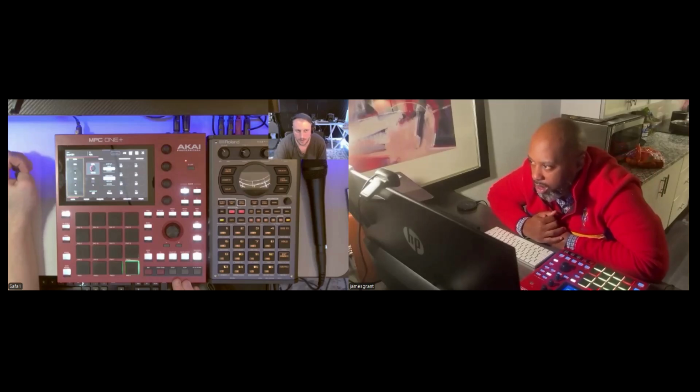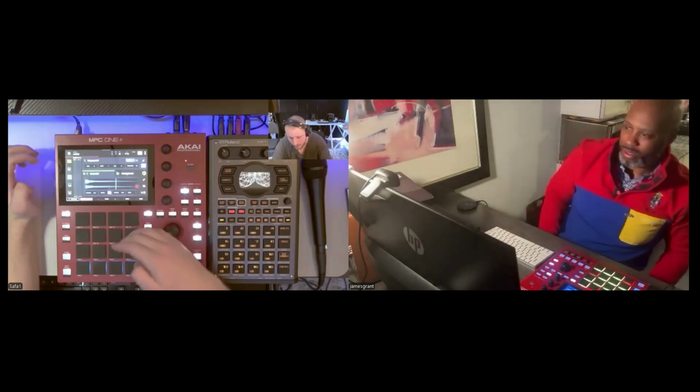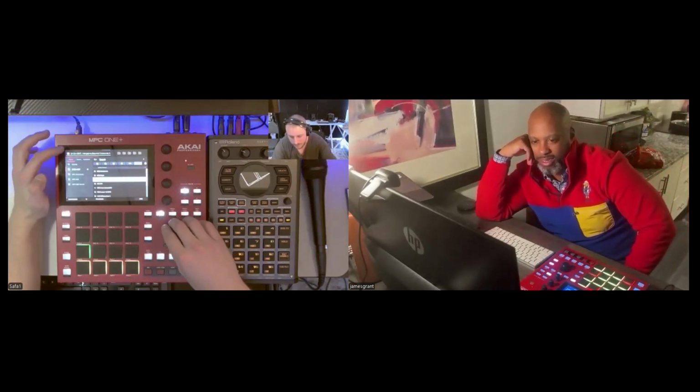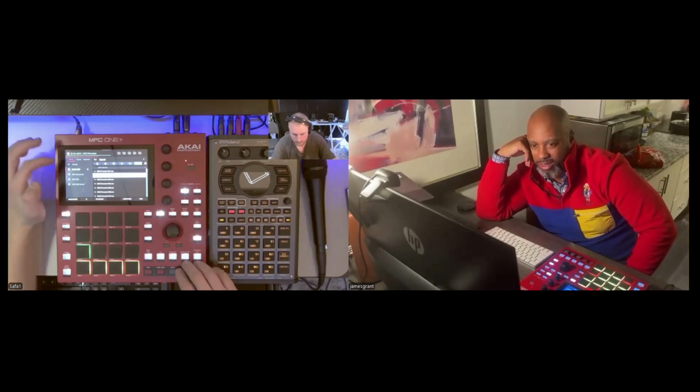I would either do that, or just straight up boom boom boom boom instead of bump bump bump bump. And then I would keep going further and add some percussive stuff, for example.